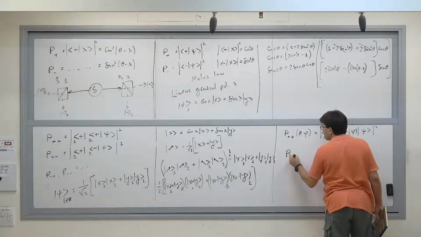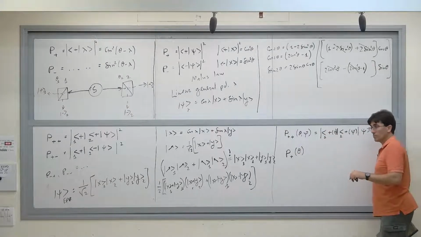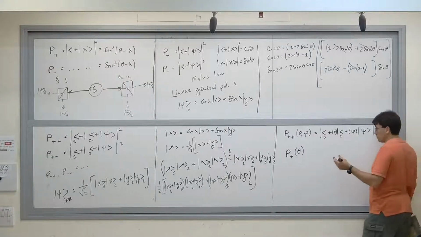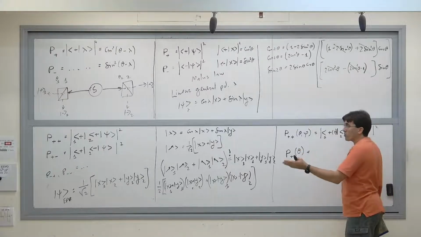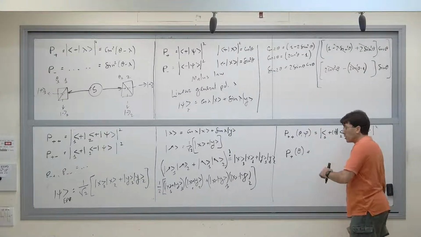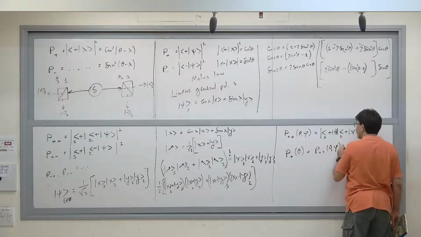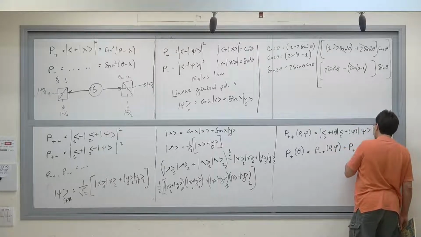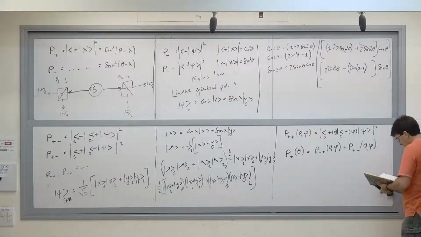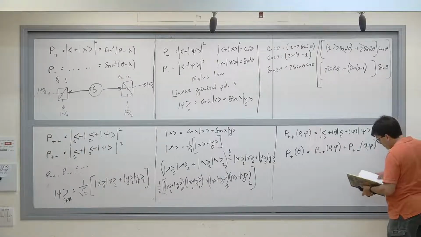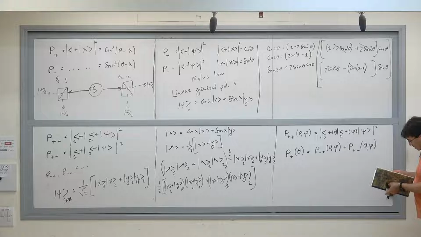And let's remember another definition. What is the probability of just having plus on one of them? And I don't care about the other. P plus plus plus P plus minus. Exactly. So this is just to say if I trace over or I sum over the other one, I don't care what the other result was. So this equals P plus plus of theta and phi plus P plus minus of theta and phi. And now we can calculate